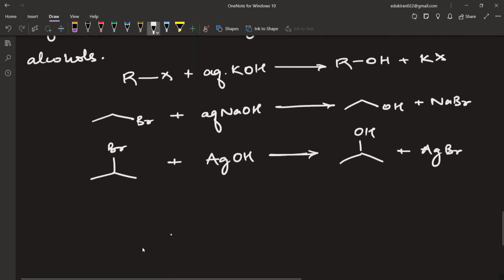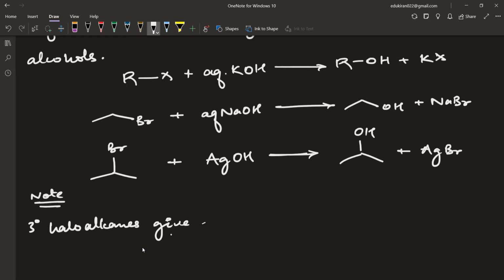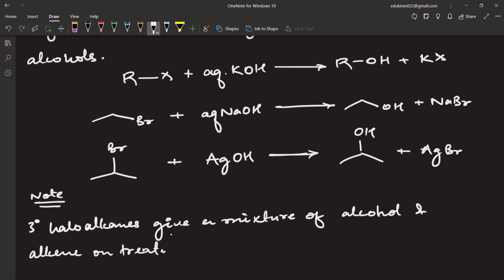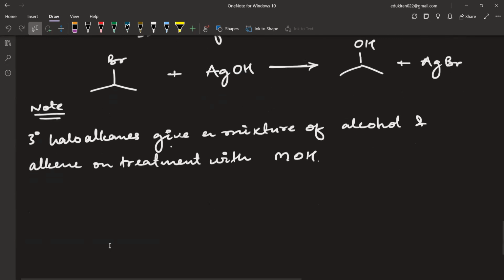Done. I will write. Note: 3-degree haloalkanes give a mixture of alcohols and alkene on treatment with MOH. What does MOH mean? Metallic hydroxide. Potassium is a metal, sodium is a metal, silver is a metal, right? MOH. If you have a tertiary haloalkane, for example,